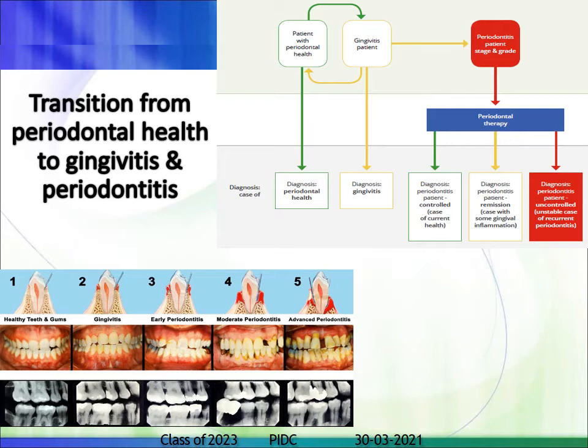In the pictures you can see that when the patient has not cleaned his teeth properly, you get the first stage of disease, known as gingivitis. Even at this position, if the patient does not approach a dentist, he lands up in the next condition, wherein there is loss of bone and loss of clinical attachment, resulting in periodontitis. Early and moderate cases are fine, but for advanced periodontitis the next step is obviously going to be extraction.